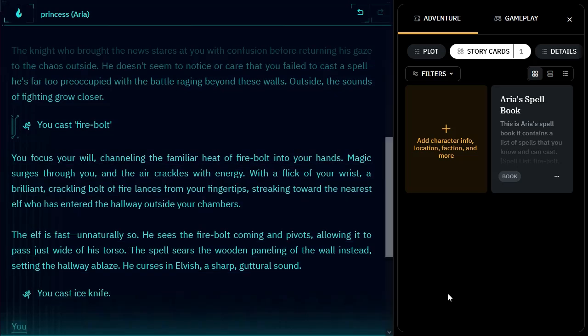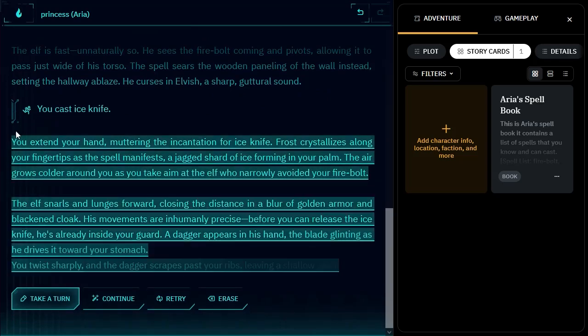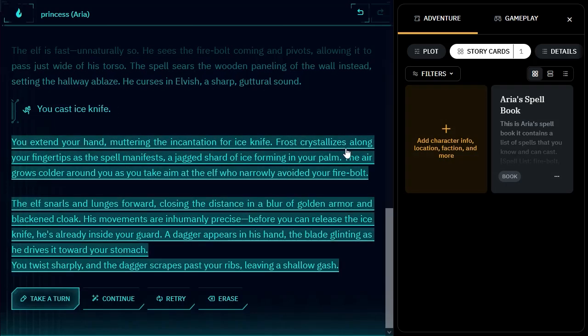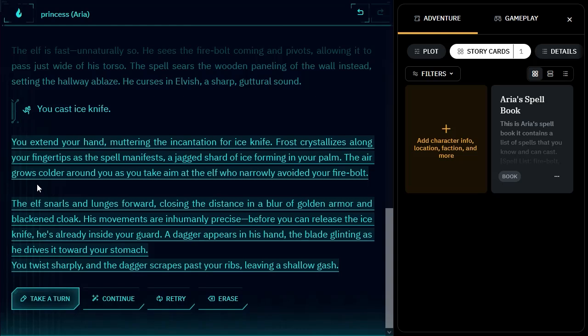Let's see if an ice bolt can hit him. You extend your hand, muttering the incantation for ice knife. So you can see it still does it. I kind of like it having the single quotes though. Frost crystallizing along your fingertips as the spell manifests, a jagged shard of ice forming in your palm. The air grows colder around you as you take aim at the elf who narrowly avoided your